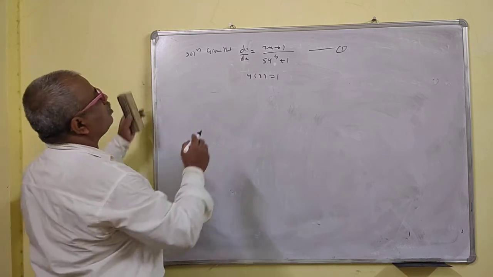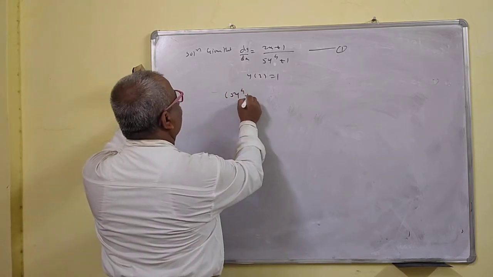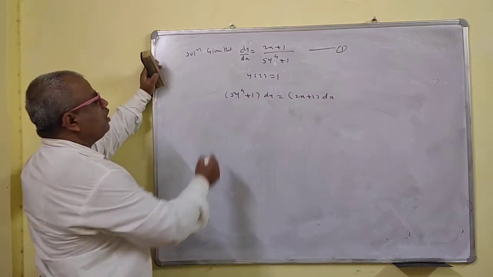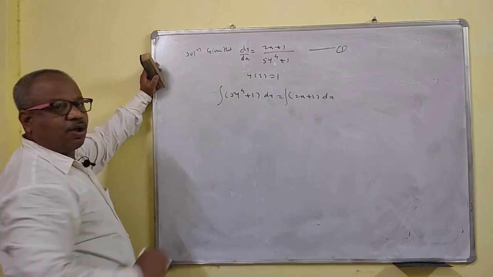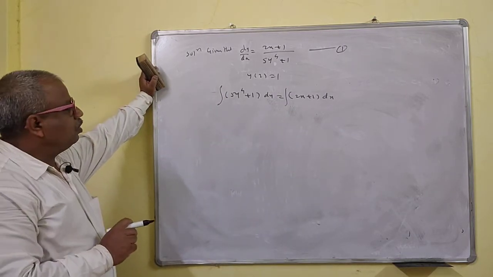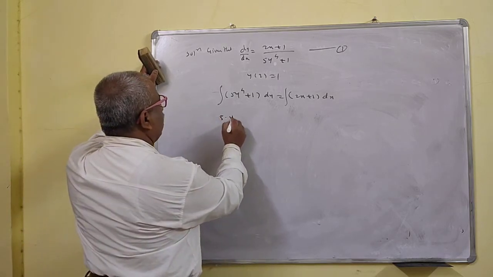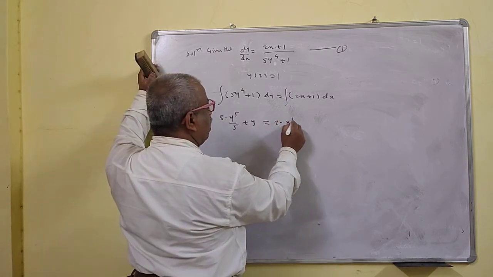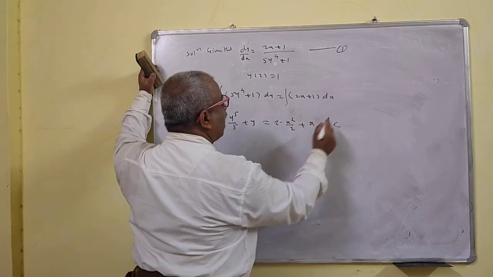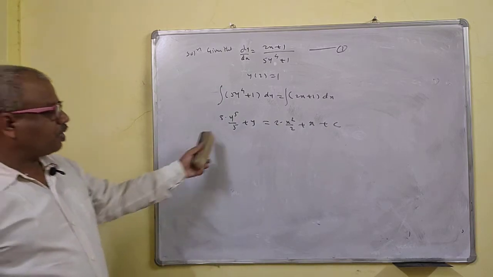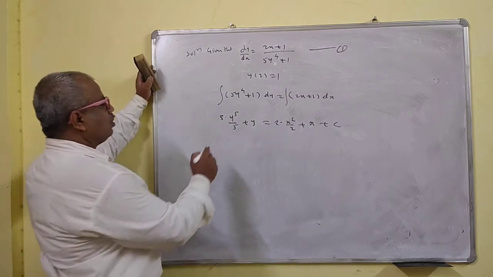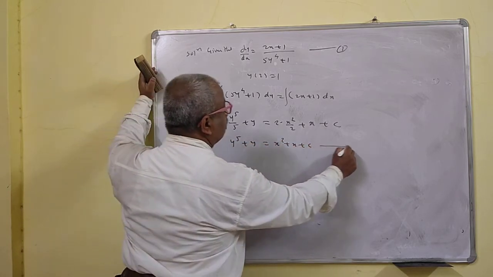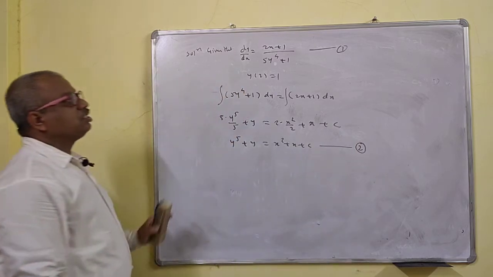So this is what then: 5y to the power 4 plus 1 dy is equal to twice x plus 1 dx. Just we'll integrate this. You have to go one more step for this. Now we'll integrate this: 5y to the power 5 upon 5 plus y is equal to 2 into x square by 2 plus x. We'll add c anywhere now. There is no fraction, so I will write c only. So this is what then: y raised to 5 plus y is x square plus x plus c. I will call this as 2 now. This is the general solution.